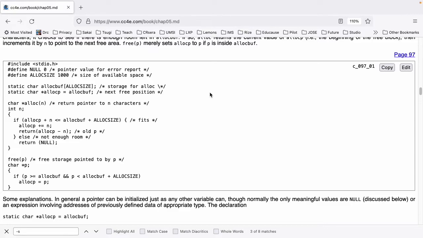This function will free the storage pointed to by p. char *p; { if (p >= allocbuf && p < allocbuf + ALLOCSIZE) allocp = p; }